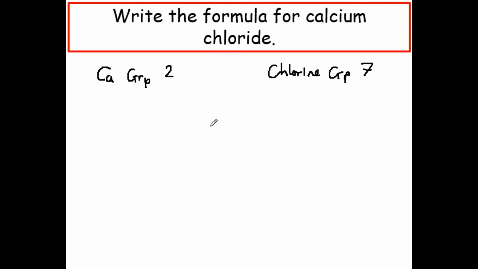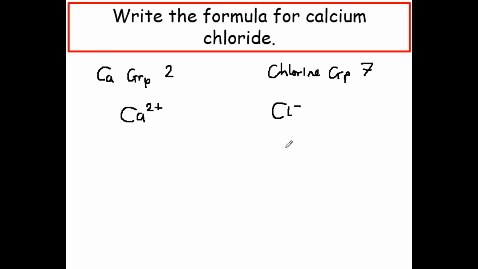Now what we need to do is work out the charge on the ions. If calcium is in group 2, it's got 2 electrons in the outer shell, so it's going to lose those 2 electrons to form Ca2+ ions. Chlorine is in group 7, it has 7 electrons in the outer shell, therefore it's going to gain 1 electron